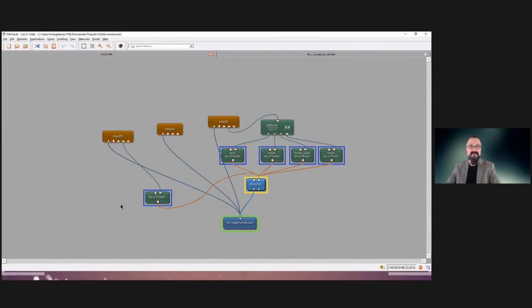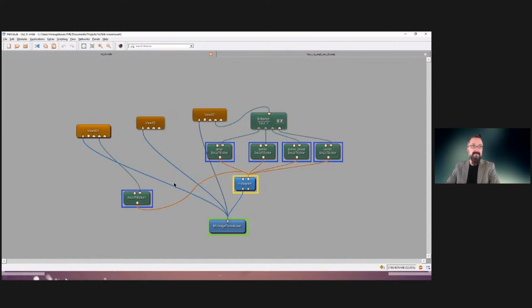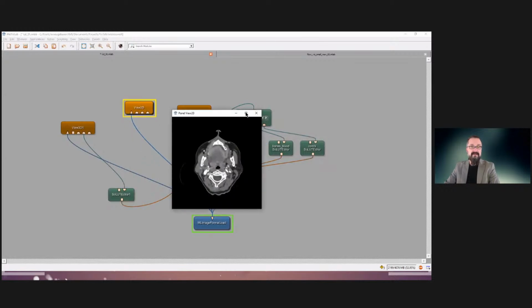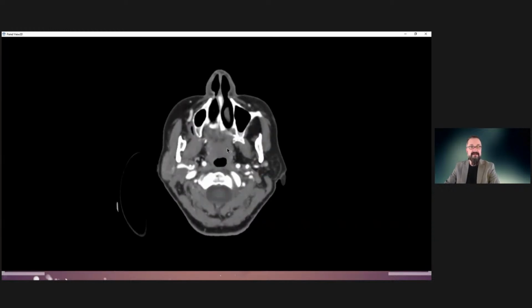And one of those things is that you can create those networks, as we can see in one example here. Those networks are made up of little building blocks, and those building blocks allow you to do some processing, apply some algorithms, and data flows through a network like this, gets processed, and then in the end we get processed data or also a visualization. In our case, we will get a visualization. So I loaded a CT data set, and here we see the slice,